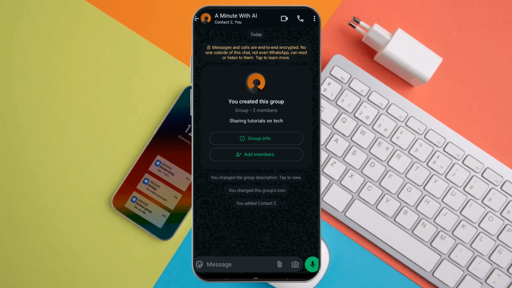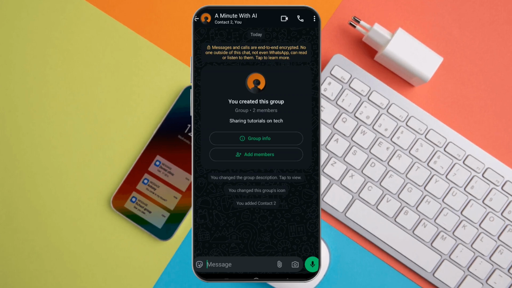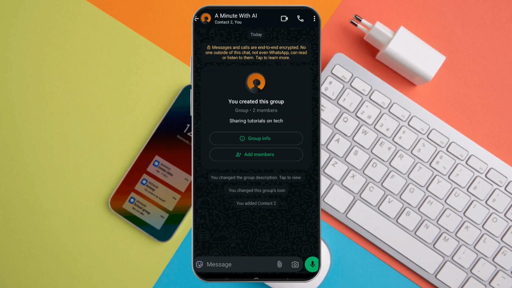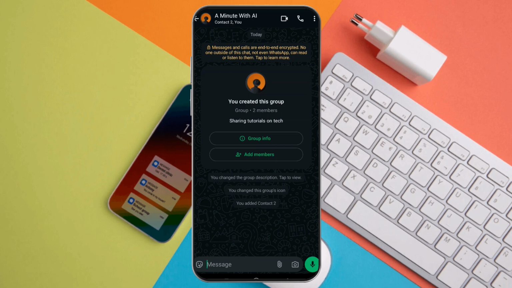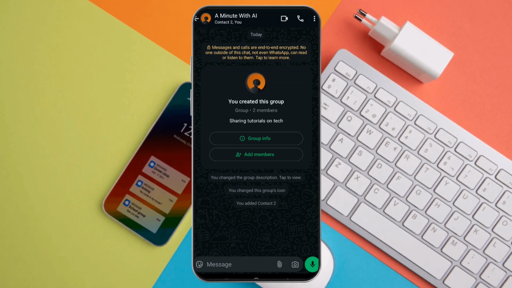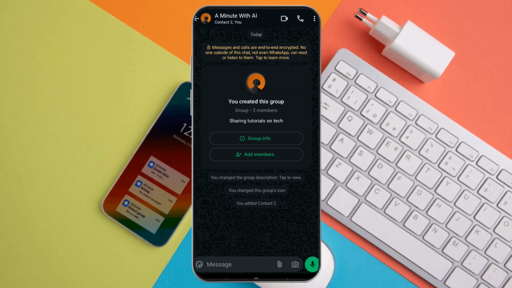In this video, I'm going to show you how you can add a group admin in your group. But first, you have to be a group admin for you to be able to add others as group admins. For you to be able to add any person as a group admin on your group, just go ahead and